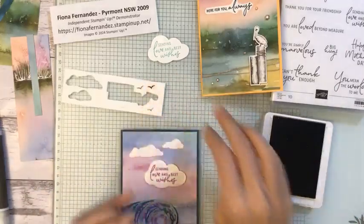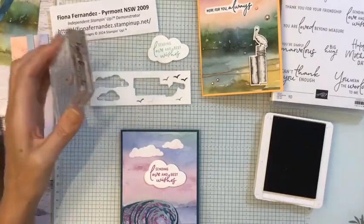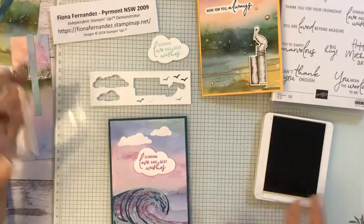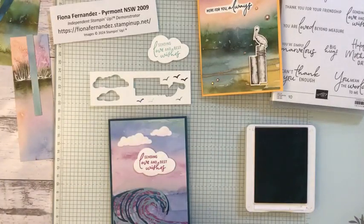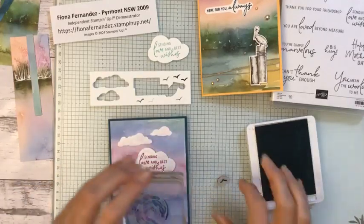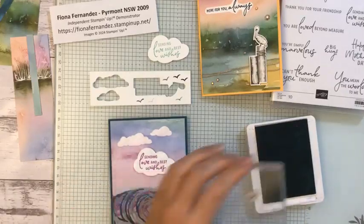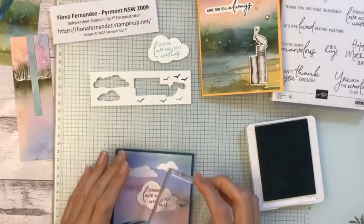Let's just get my little card back here. Oh, it's quite dark, isn't it? That might be a bit too dark. I just want them in the background. What about Lost Lagoon? Wipe that off. Oops, I keep losing the bird when I wipe it on my... It's so small. I lost it again. It comes off when I rub it onto the chamois. That's better. I think we'll just...